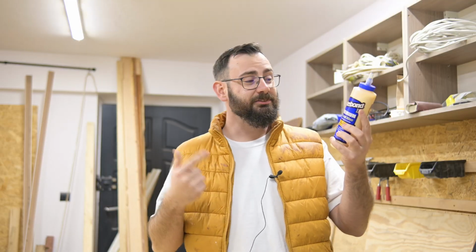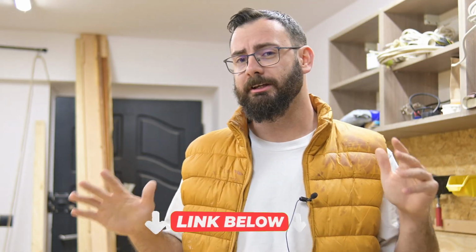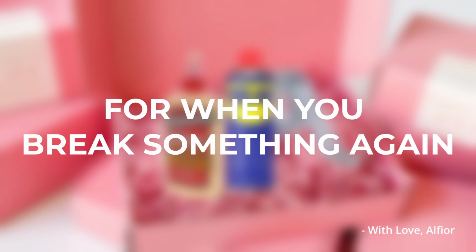And wood glue. I mean, this thing is just liquid gold. Strong, reliable, a must-have for any sort of woodworking project. And trust me, this trio will bail them out of trouble more times than they can count. And as a pro tip, you can throw these in a cute box and write something romantic like, "For when you break something again." And they'll laugh, because they know it's true. It's part of the fun, I suppose. Anyway,